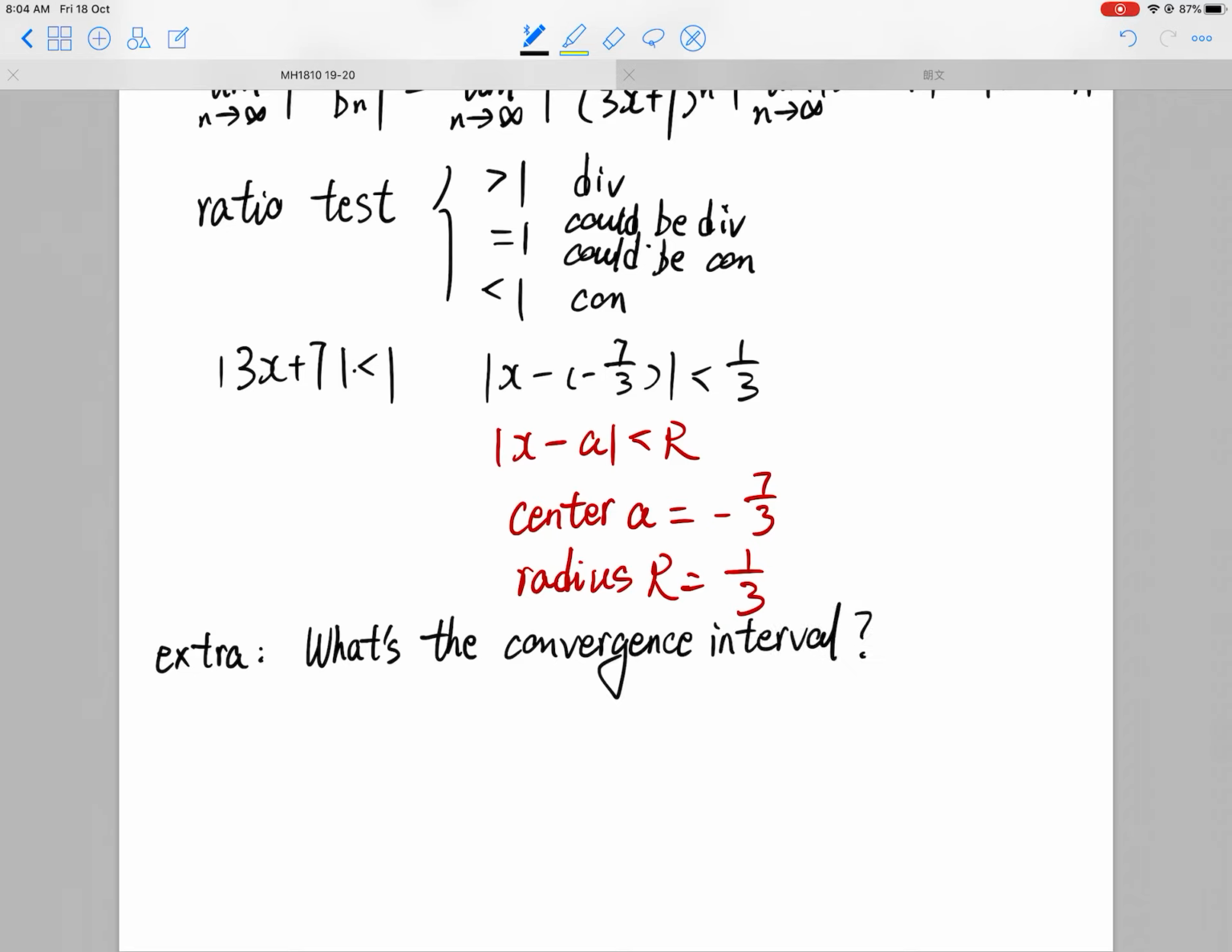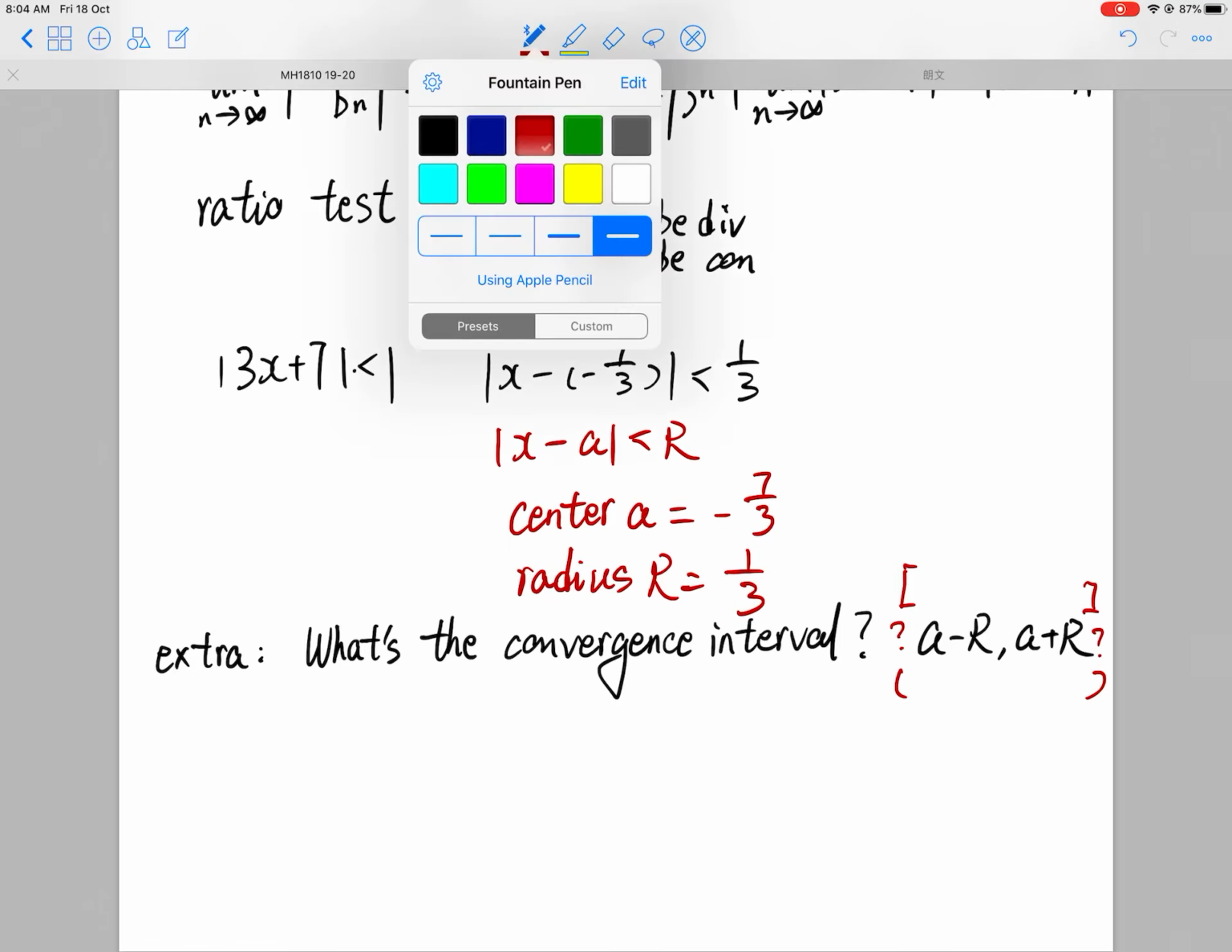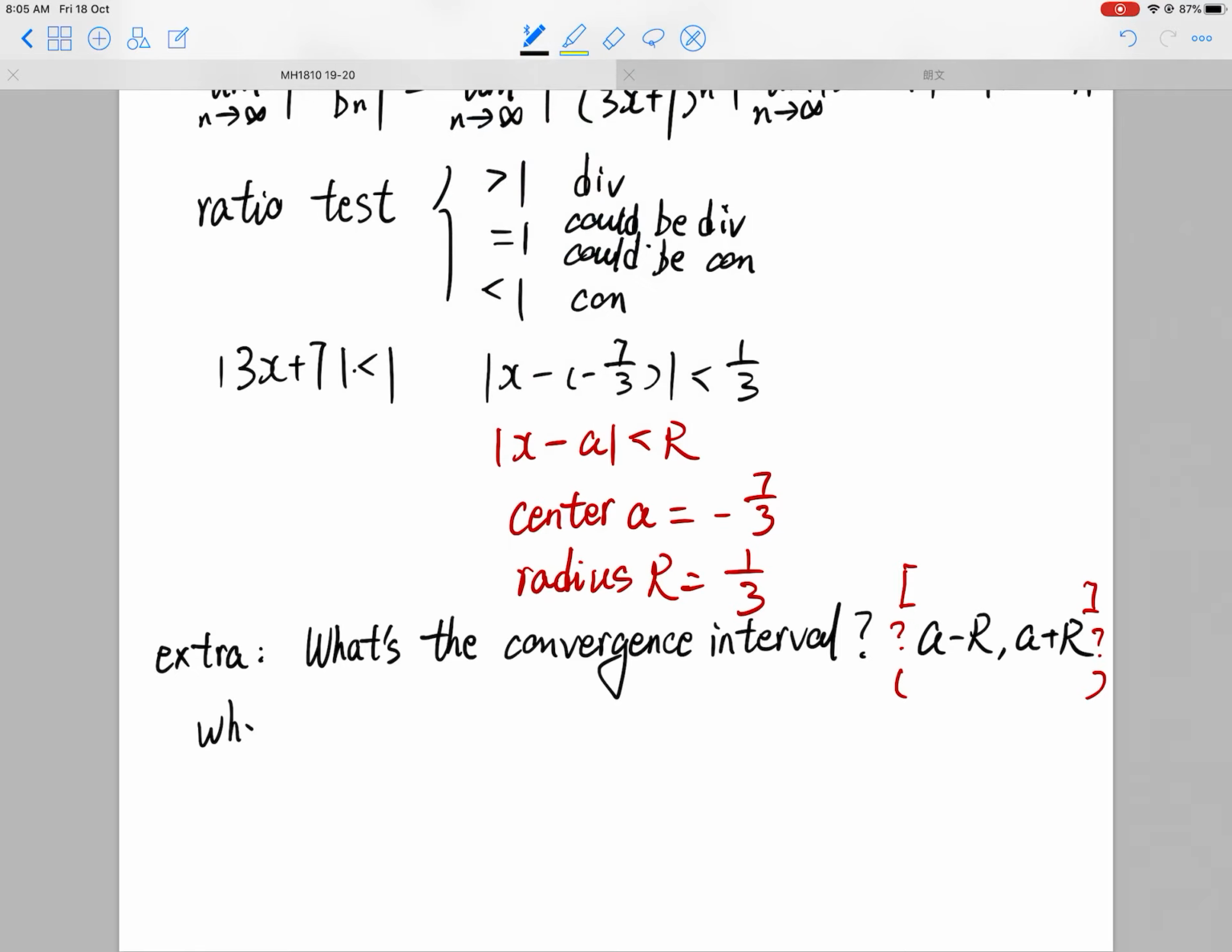Then the convergence interval should be from a minus r to a plus r. But whether each side is closed or open, we don't know. So we have to figure out these two special cases. When x is a minus r, then this power series is